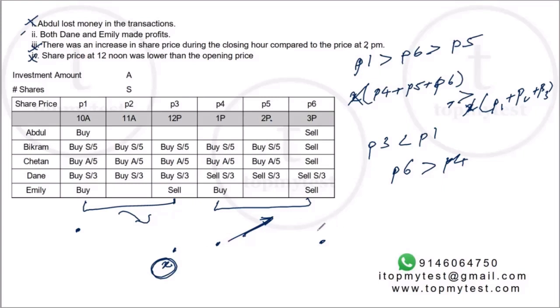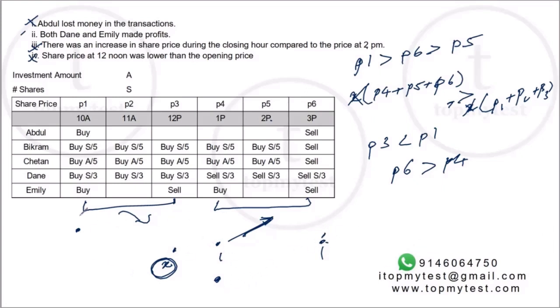On those lesser number of shares, the rise is also going to be smaller because P6 is lower than P1. So lesser number of shares compared to the previous one, and profit on each share is going to be lesser than the previous one. There is no way the overall profit is going to be higher than the loss suffered earlier. So because P6 is lesser than P1, we can be very sure that P4 has to be lesser than P3. Otherwise this transaction will not make money.